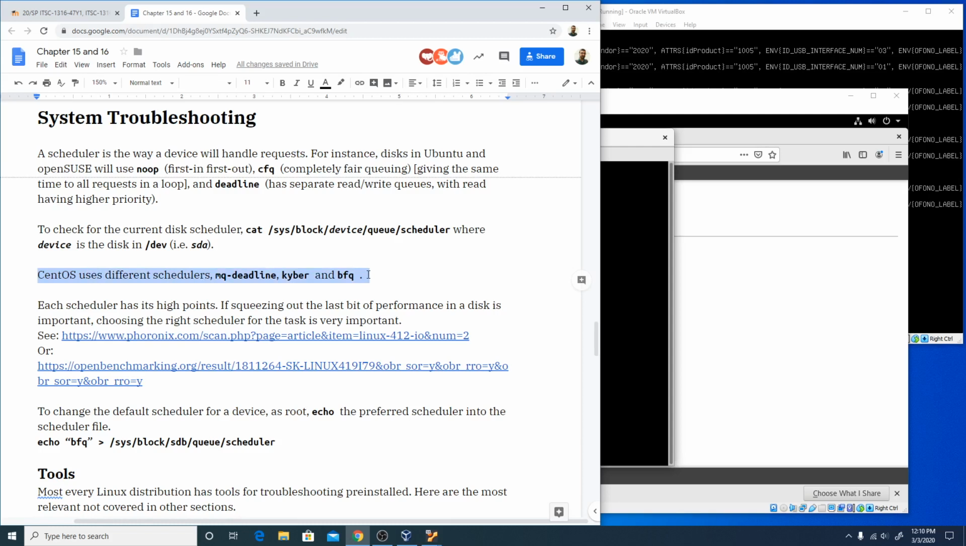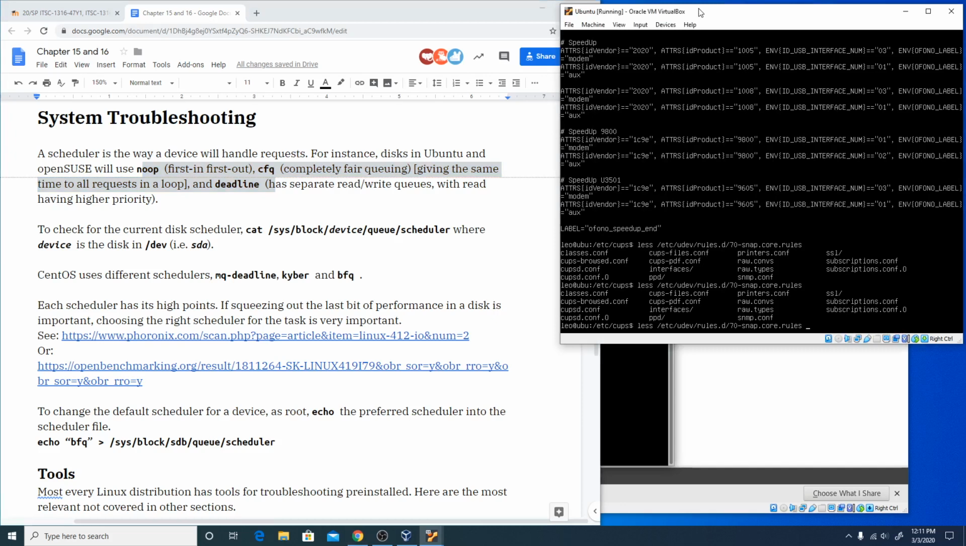You've got MQ Deadline, Kyber, and BFQ as well. Do not commit those to memory. They are not important for this test, but they exist. Because if you follow what I'm doing here, and you do it on a random machine, there's a good chance you might do it on a CentOS machine, and there's a good chance that you'll not see any of these 3. And you'll be like, well, Leo said that those are the 3 important ones. Yeah, I'm writing them down so that you know that they exist. But on Ubuntu, if you go do this,